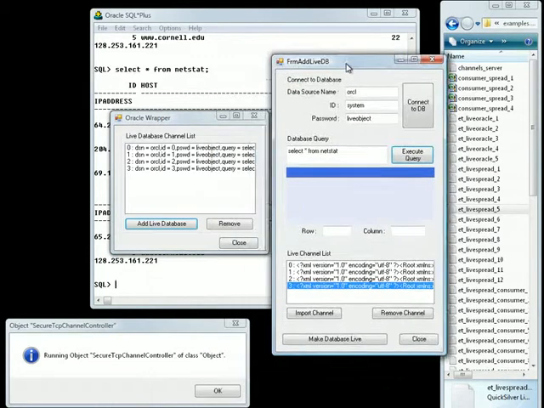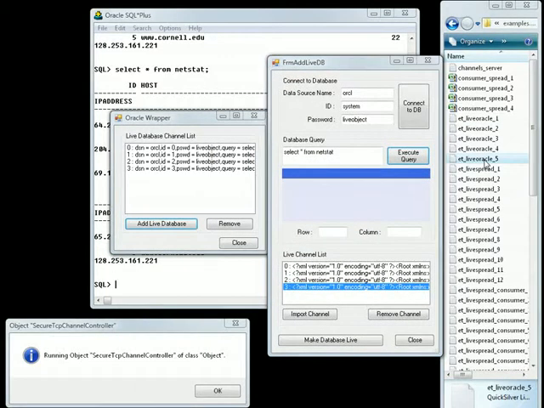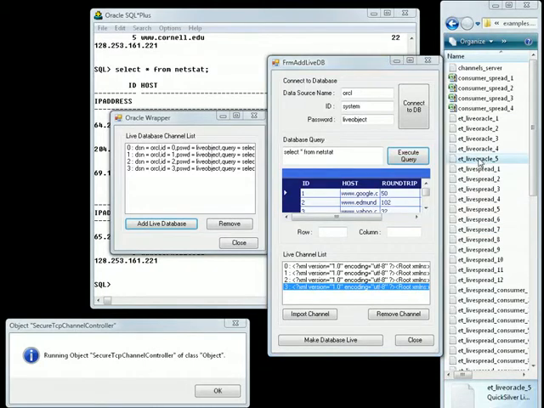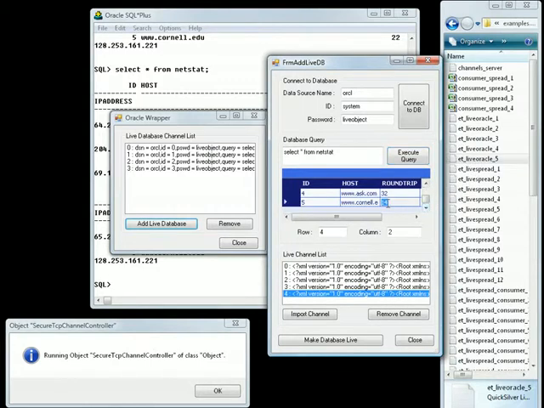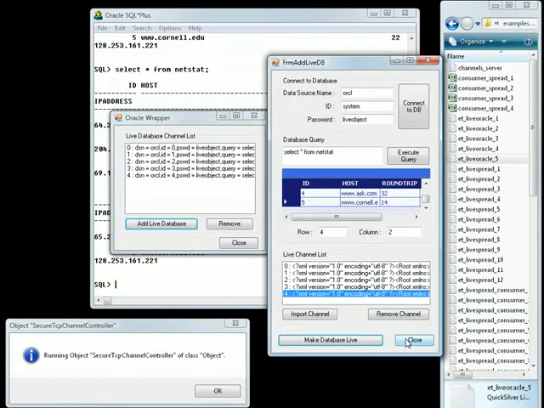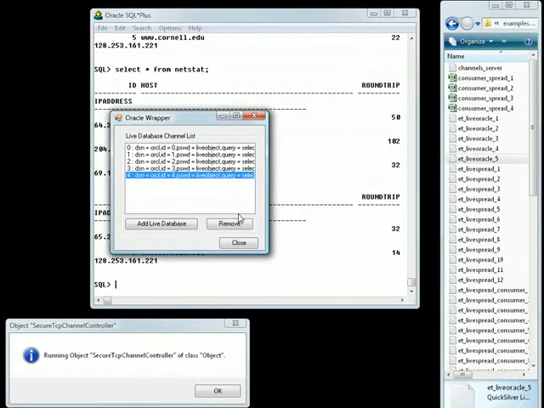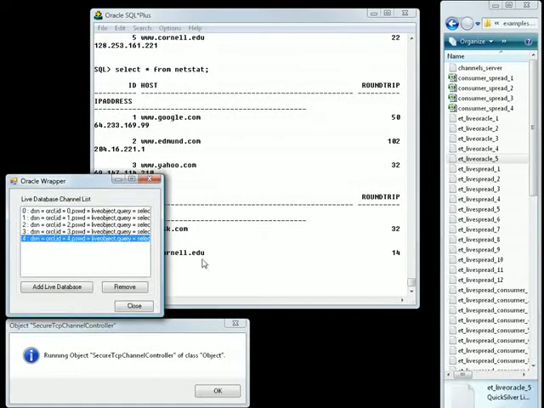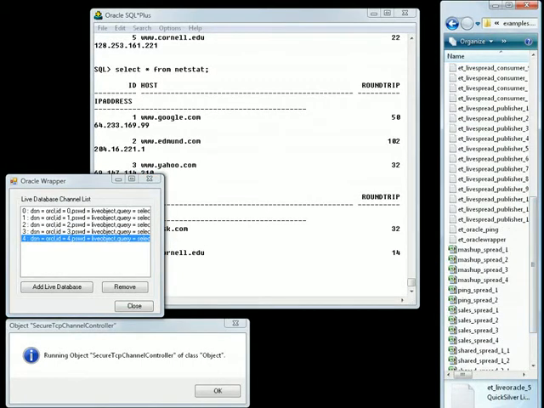There it is. And what it shows is that associated with each of these live objects can be a database query, which will then be applied against Oracle, set up as a trigger, and each time the Oracle system sees an update to the database from any source, you're not even seeing the server that does the NetStats and updates the database here, it recomputes what's called a dynamically materialized view, and the output of that is automatically captured by our system and then multicast so that our various spreadsheets can see the updates in real time and reflect them